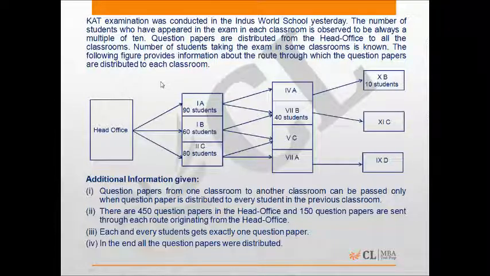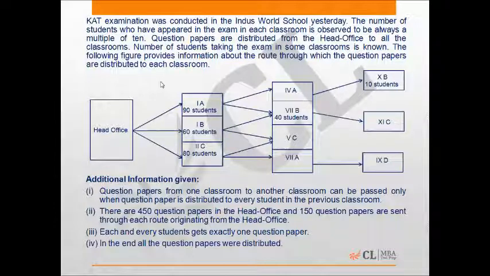Question papers are distributed from the head office to all the classrooms. The number of students taking the exam in some classrooms is known, as the number of students in first A is 90, and that in 11th C is not known. The following figure provides information about the route through which the question papers are distributed to each classroom, which means the